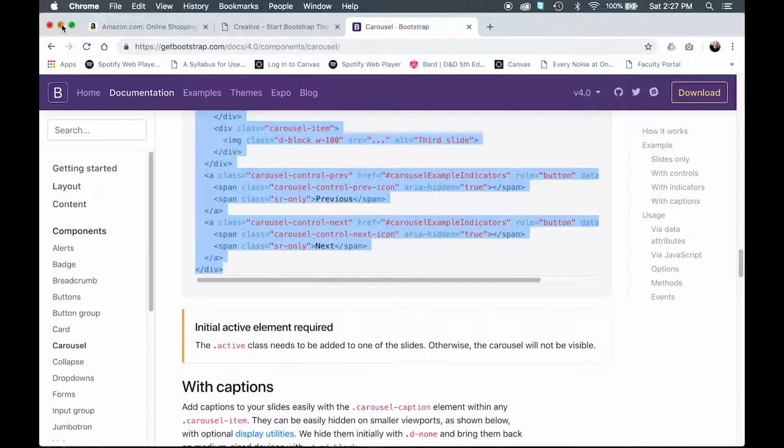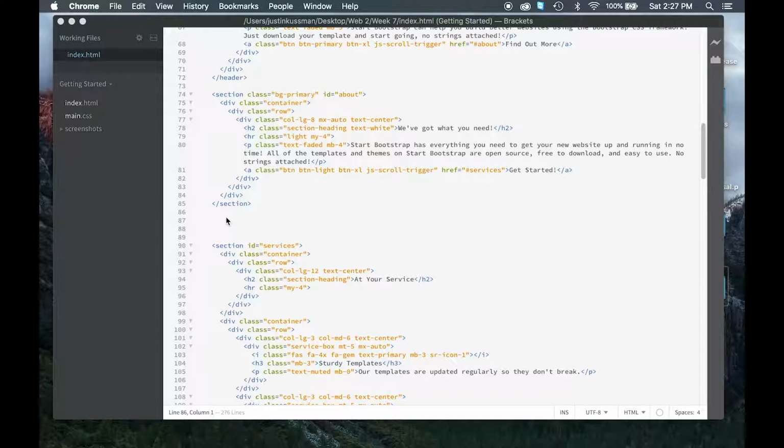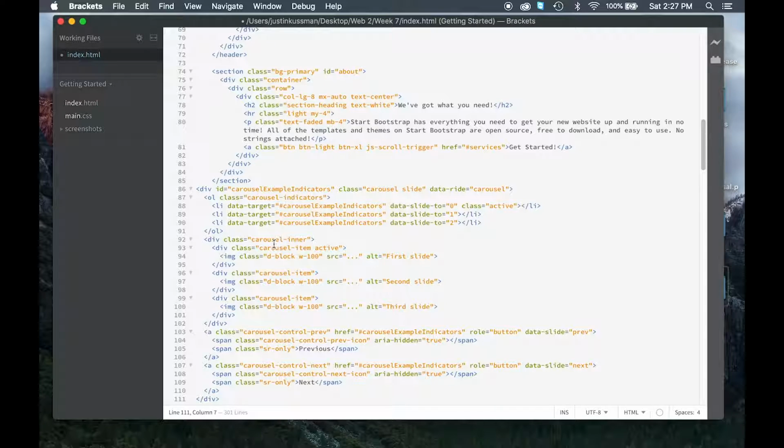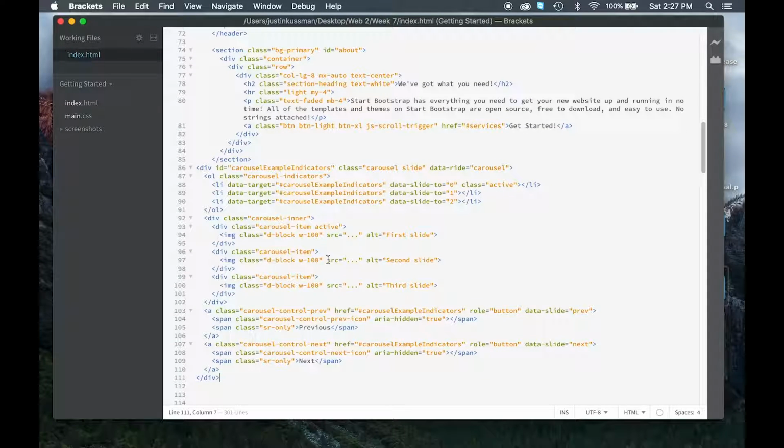We're going to go directly into the section right above our services. Make sure you're not in between a div and paste it. Save, right? All we have to do, this carousel comes in 3 pieces. Here is the wrapper for the carousel. The first piece is the carousel indicators, which are the little dots, little dash lines beneath it,